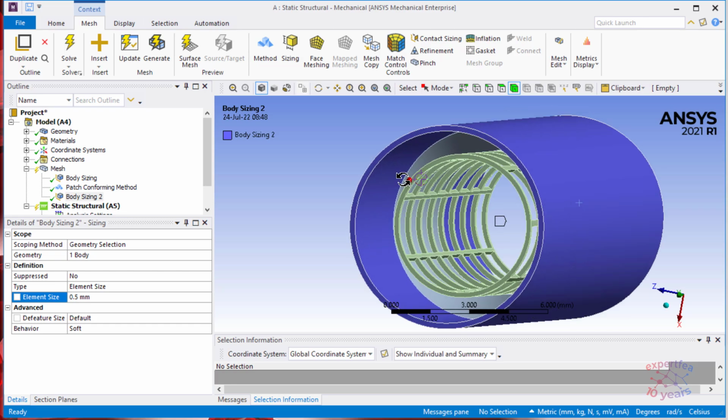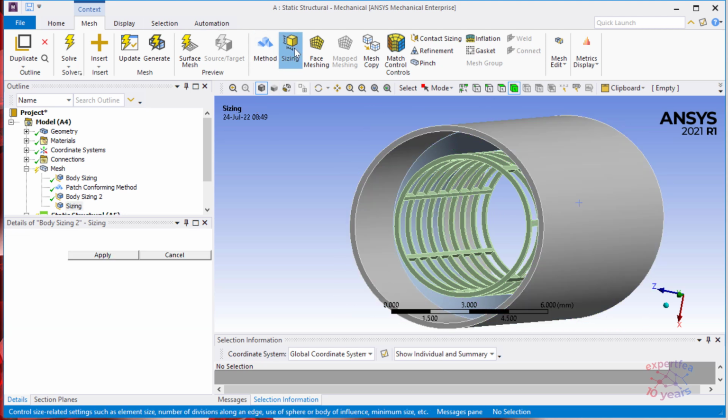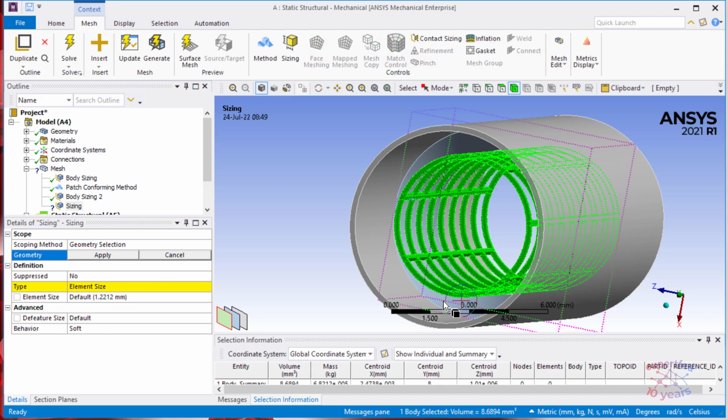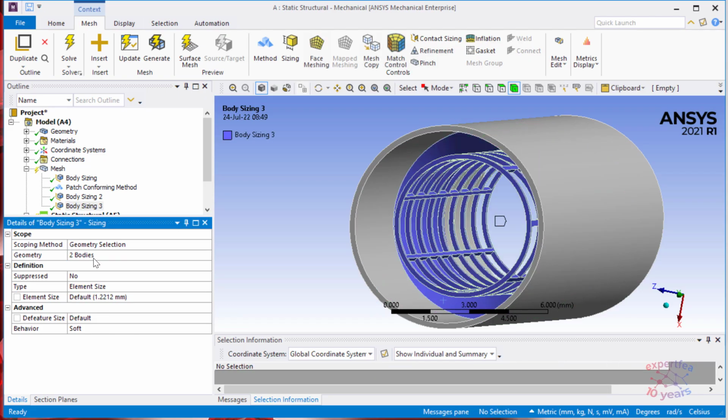So we need to somehow refine this region, the contact region between the stent and the plaque, when the plaque will be deformed, also when the stent will be deformed. The easiest way is to just select both bodies with Ctrl pressed, apply, and instead